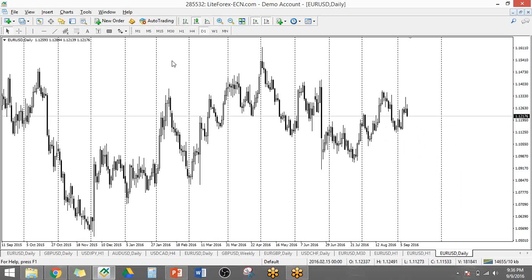The next type of traders are swing traders. Basically, what they do is that they trade for a couple of days, a week, or even a little more. So those are swing traders. They open a trade and then they let it run for the next few days, for a week, or even more than that. And then you have the last one, which are called position traders. Position traders take a very long trade in the market. For example, they open a trade and then let it run for a couple of months.